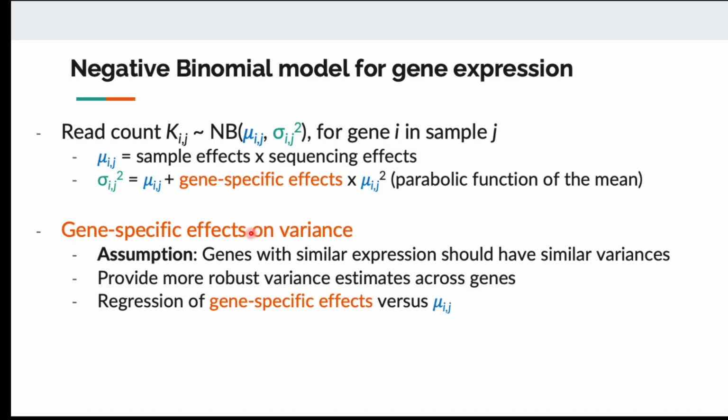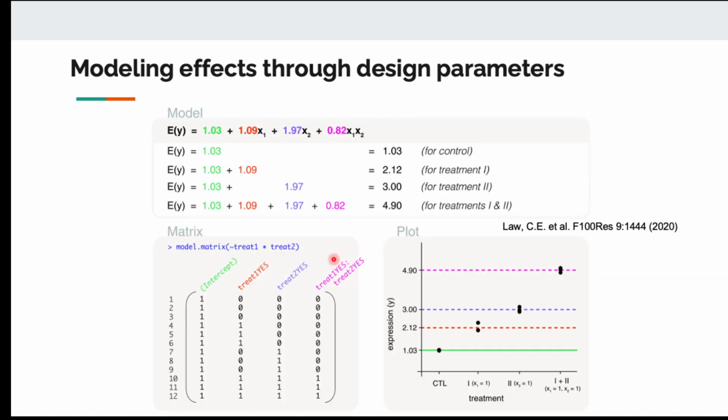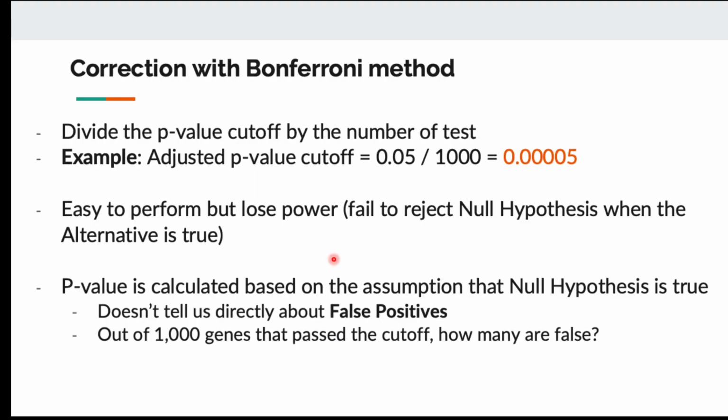So we want to try combining information across genes. Can we look at genes with similar expression level? If we assume that these genes have similar variance, then we can average them together and get a more robust estimate for the variance. So what I mean by that is, let's go back to this when we first saw